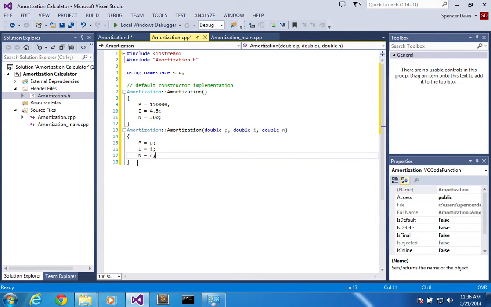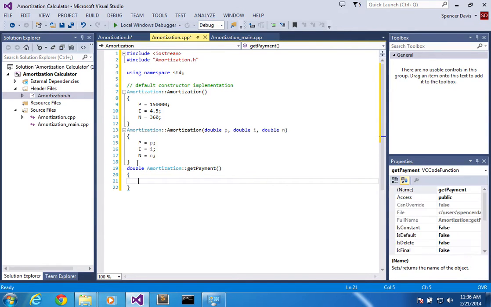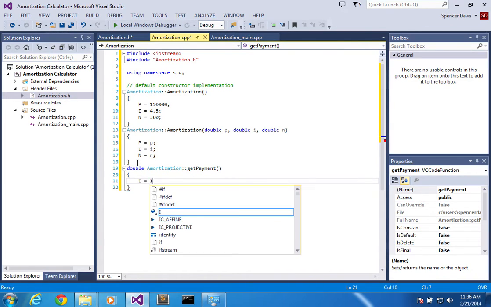Okay. And then now we can go double amortization, get payments. Okay, so this is where the algorithm comes in. All right, so how does that algorithm work? I got some notes right over here. All right, so we go I equals I divided by 1200,